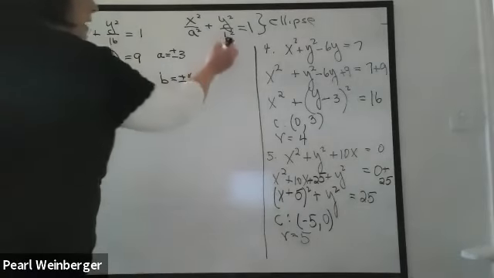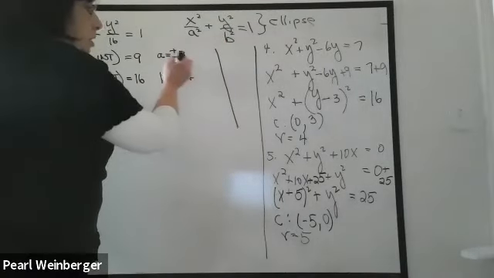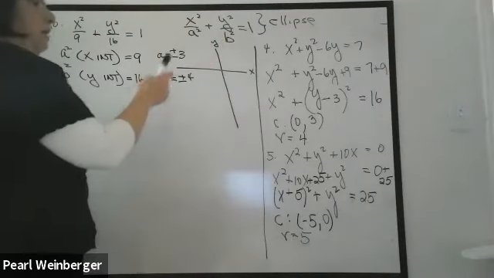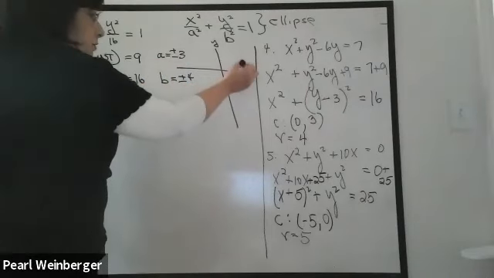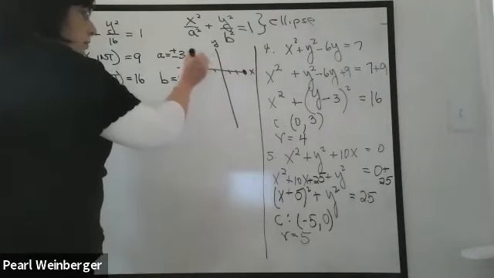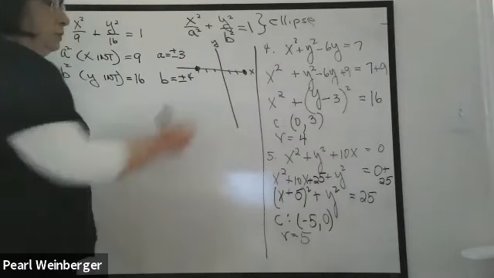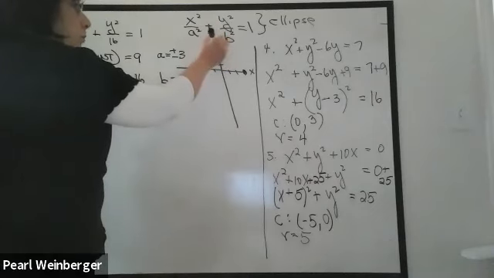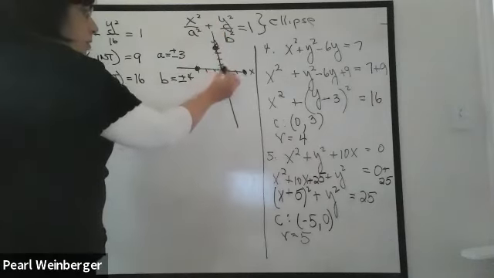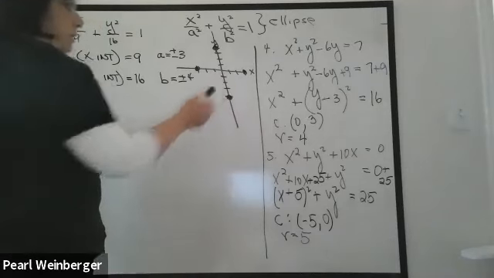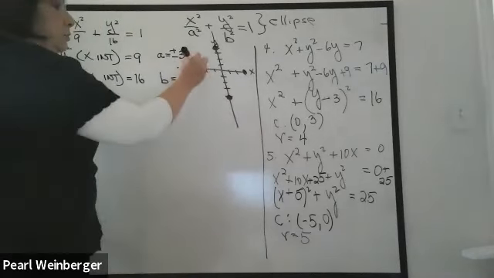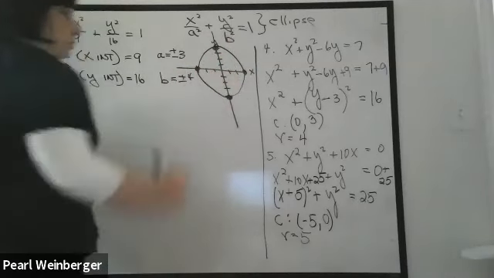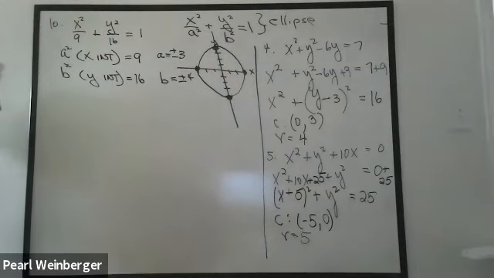And if I wanted to graph this, you'd have to go 3 to the right and 3 to the left for your x-intercepts, 4 up and 4 down for your y-intercepts. And once you have these 4 points, you just connect them, and that gives you your ellipse. So that would be the answer to question number